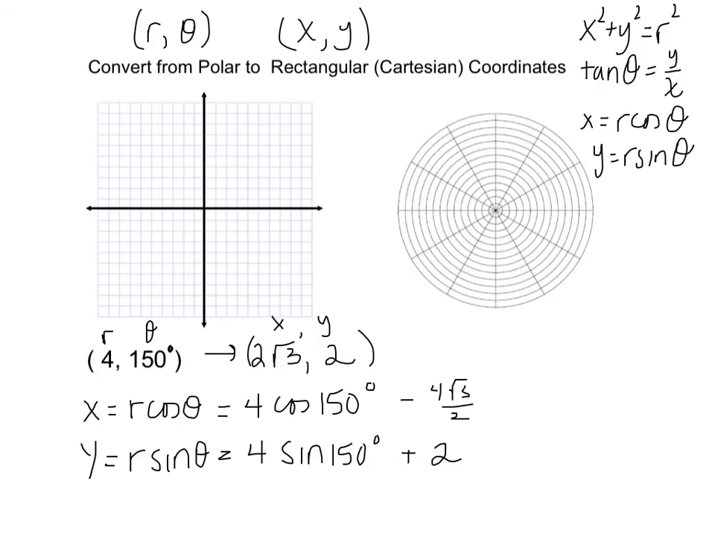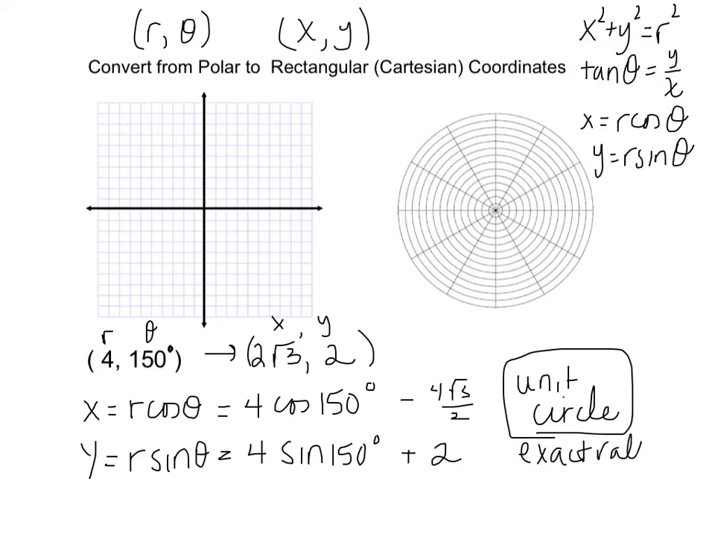And I want you to use the values off the unit circle. Off the unit circle. So I want exact values, not a calculator. You can check it on your calculator, but I want exact values. Okay, if you were graphing this, 2 square root of 3 is about 3.4 and 2,